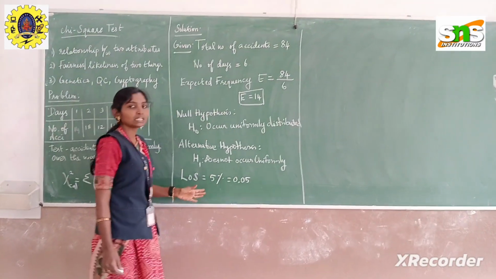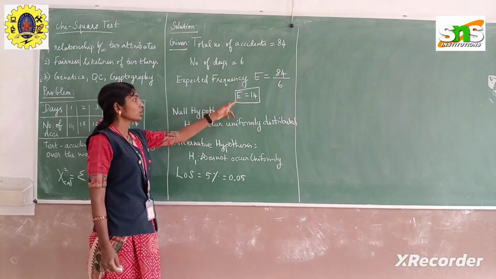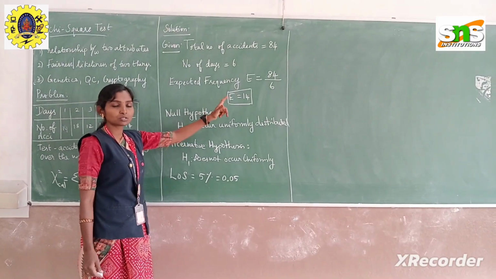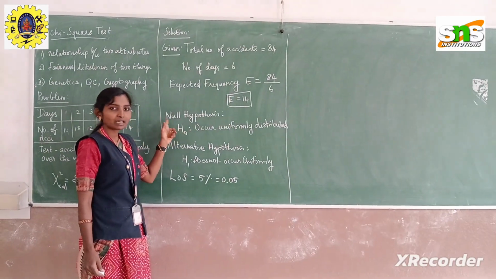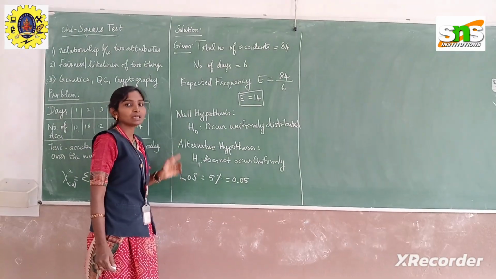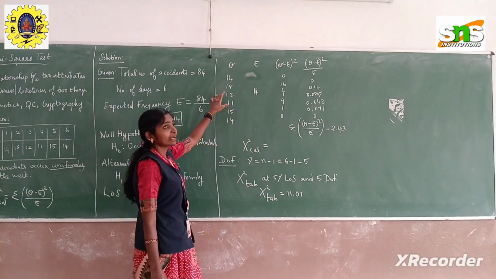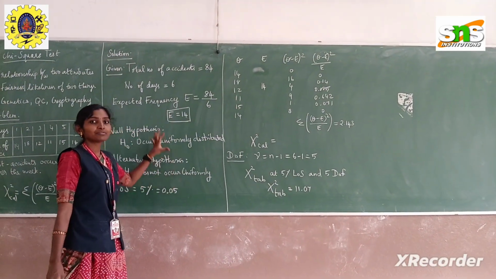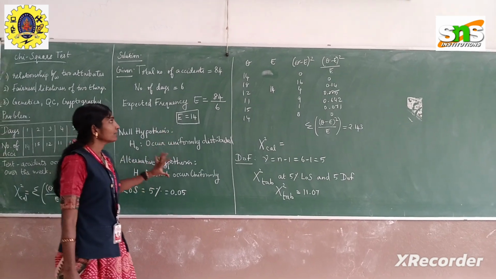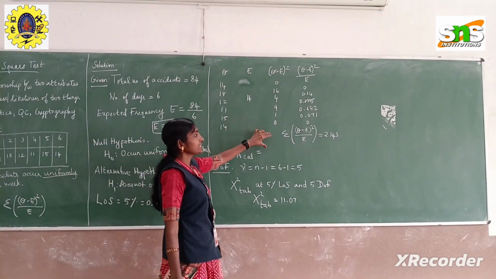So now we have got 3 steps in this particular problem. We have got the expected frequency value, which is 14. The null hypothesis we have framed, the alternative hypothesis, and the level of significance we have also fixed. Now we are about to construct a table for this particular problem. We have framed all the three steps here, and with this in hand, we are going to find the chi-square